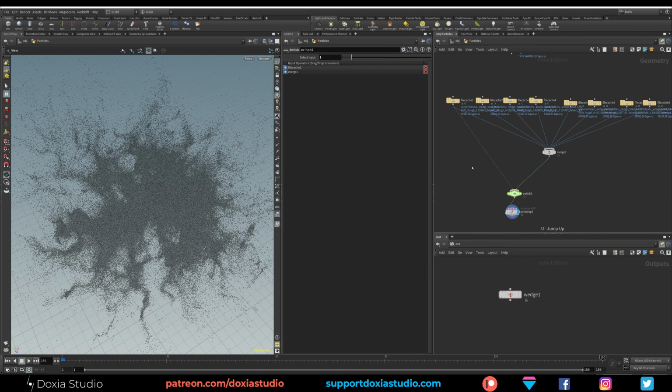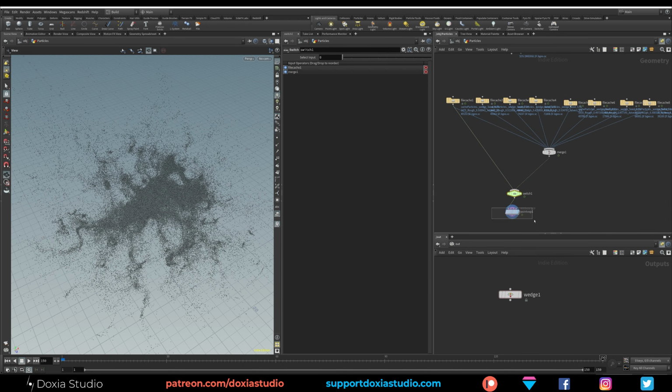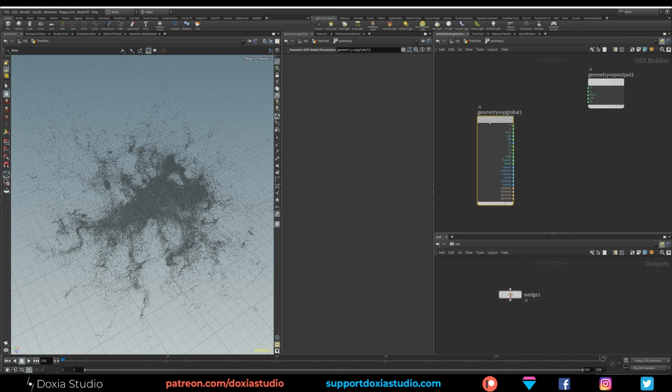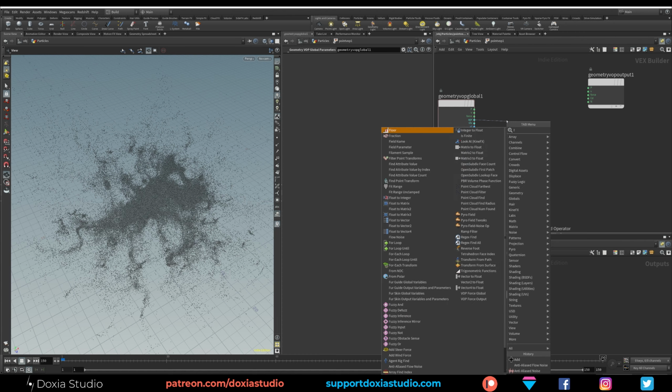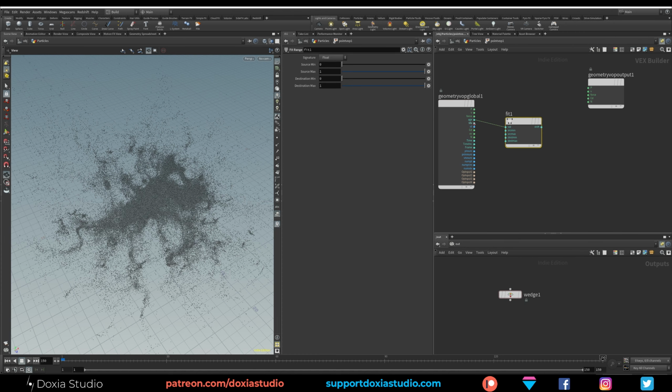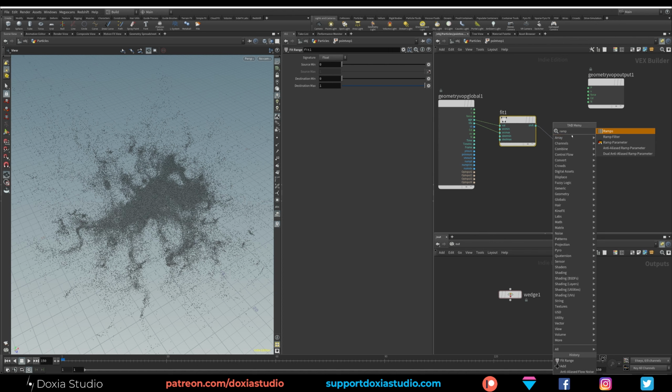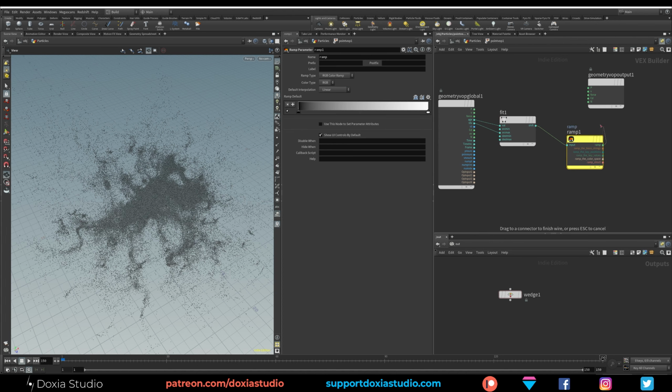Let's go back to our low res. Okay, and let's go, for example, the edge. Let's use the edge to color our particles. Let's put a fit. Okay, let's wire this so our value will be the edge, and it goes from 0 to the maximum. And I want this to go to a ramp. Okay, and this ramp to a color.